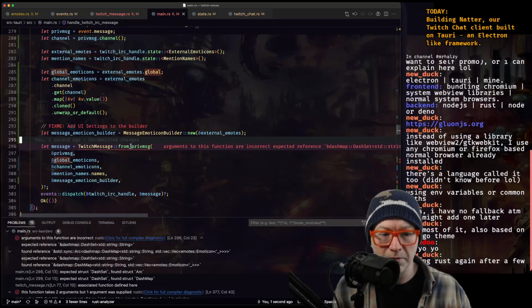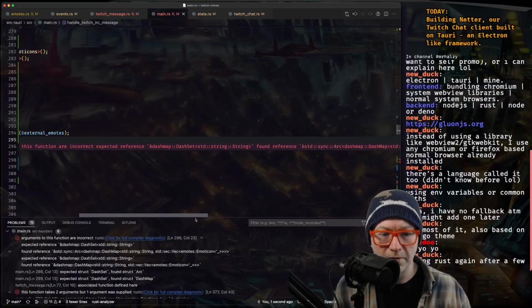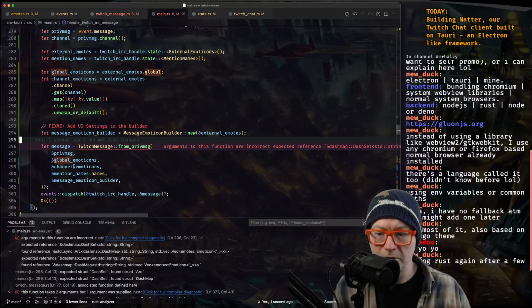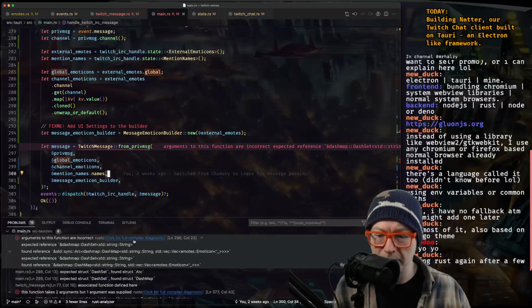Arguments to this function are incorrect. Expected reference. Found reference to an arc. Which one is it? Okay, where's the